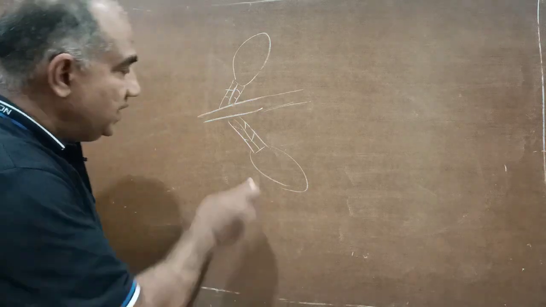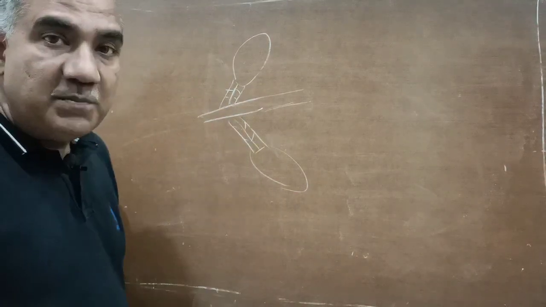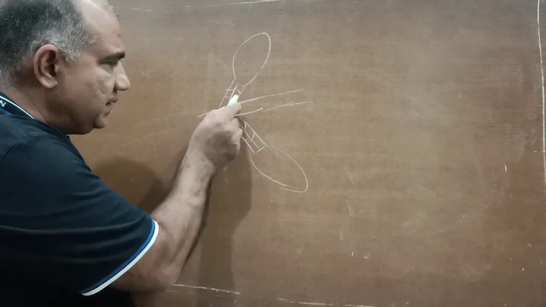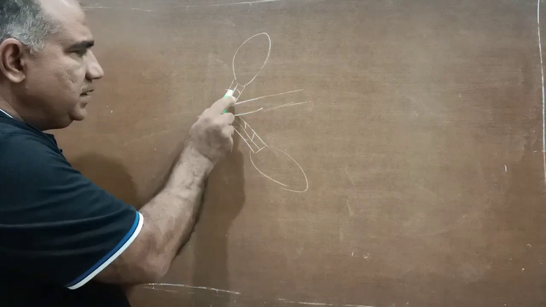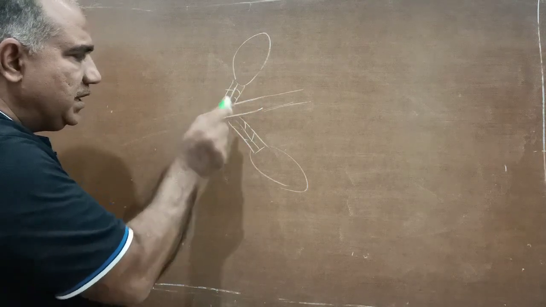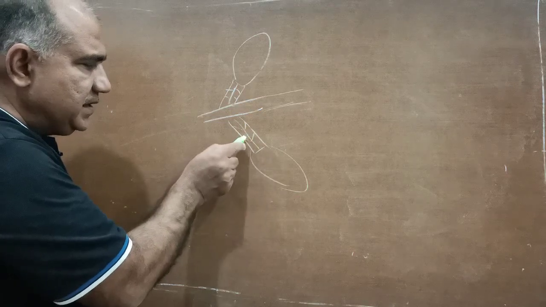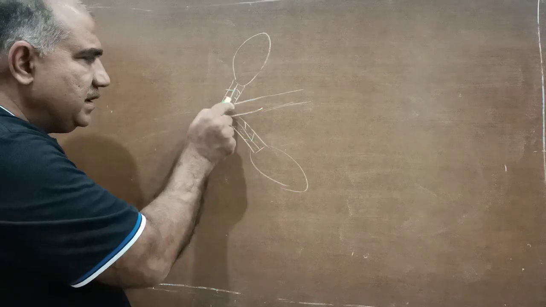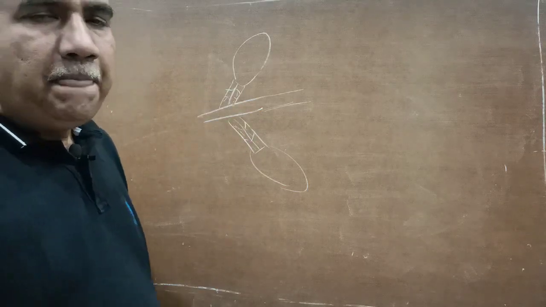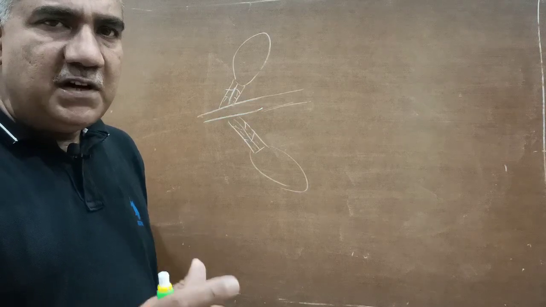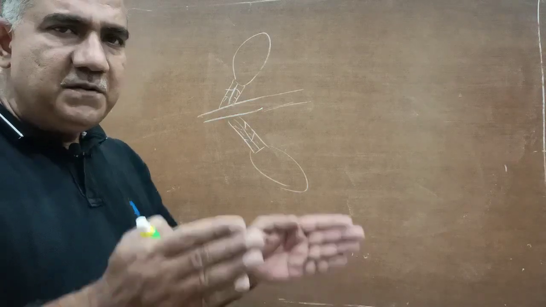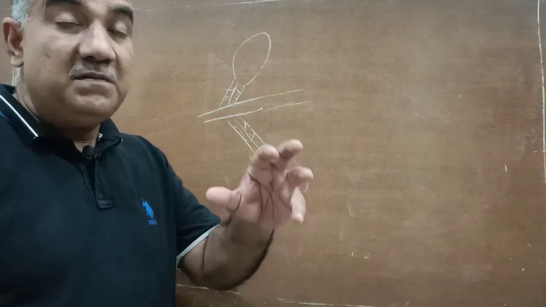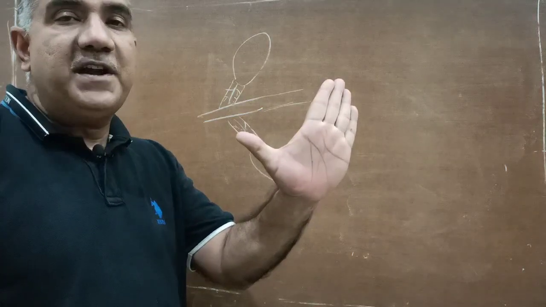So let us see. Initially when the leaves are not being touched, this is, let us call, one half, this is another half. So both the halves of the base of the leaf. The amount of water distributed in the base is equal. Because of such distribution of water in the base of leaves, the base of leaf remains firm, F-I-R-M, firm, and the leaf remains upright.